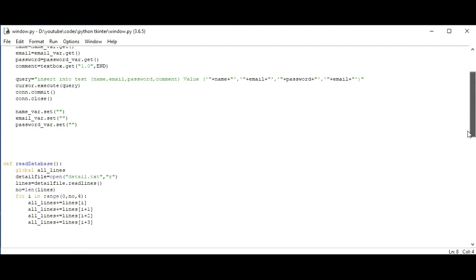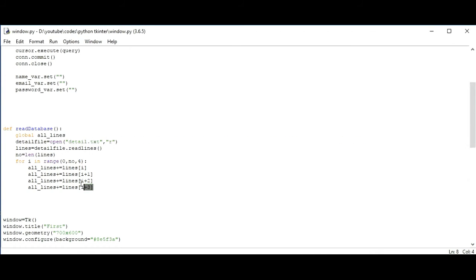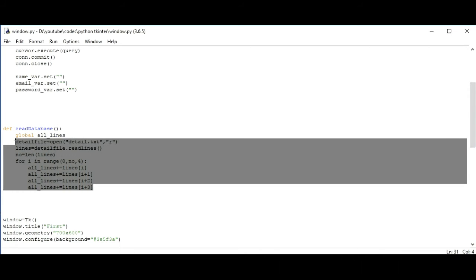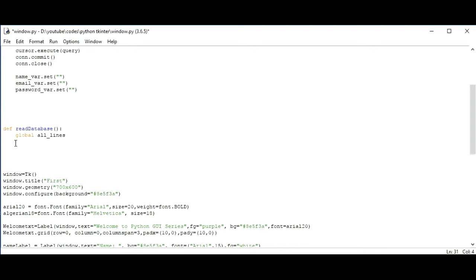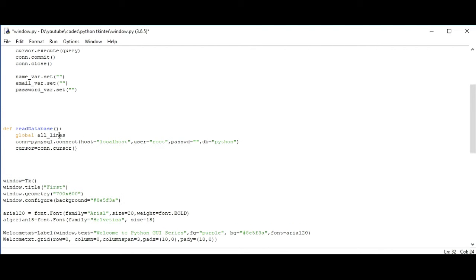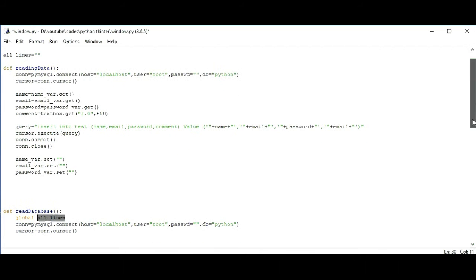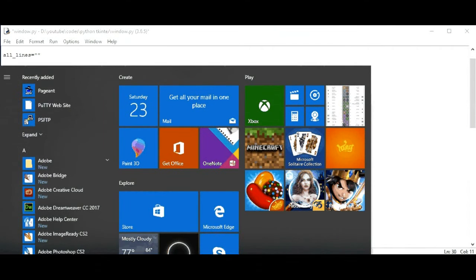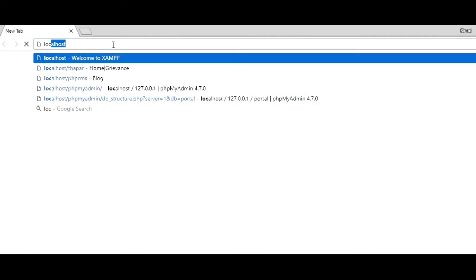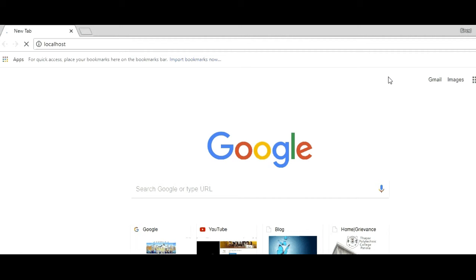this, and we have lines here. We may not need these lines, so we should paste it here, and in this we will make the lines with slash n, because, if you already know how a database is stored, that is in tabular form. Let's see our database system here,